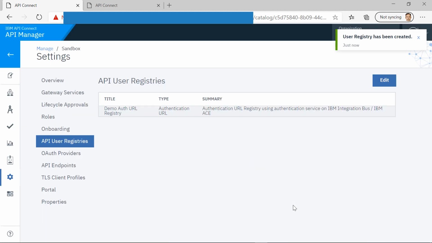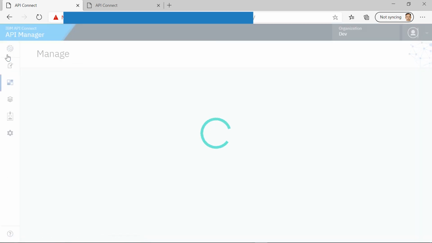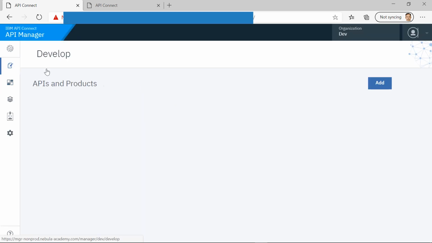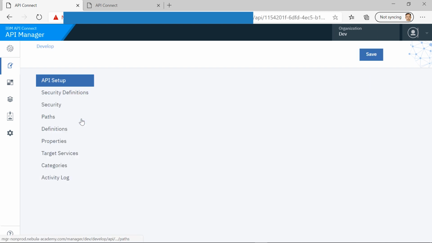So now that it's been created, let me go back to my API. Let's say I go to my develop section, where I've created some APIs. I go to the API which I want to secure using the authentication URL user registry that I've created.